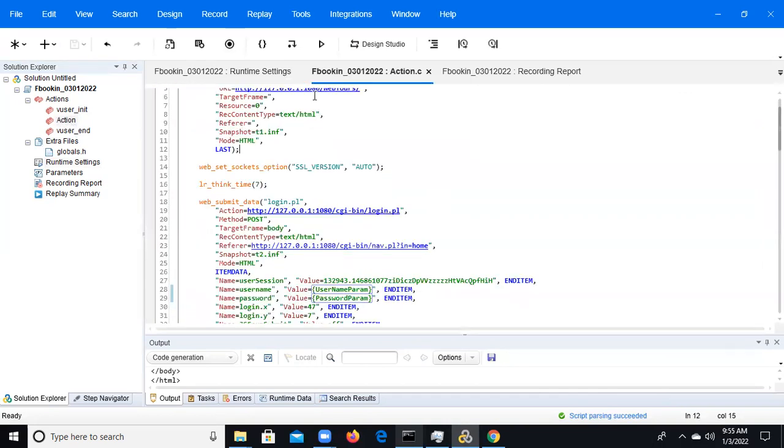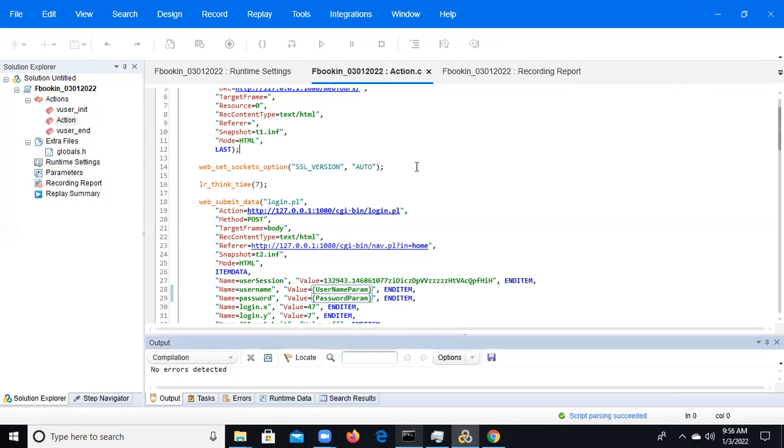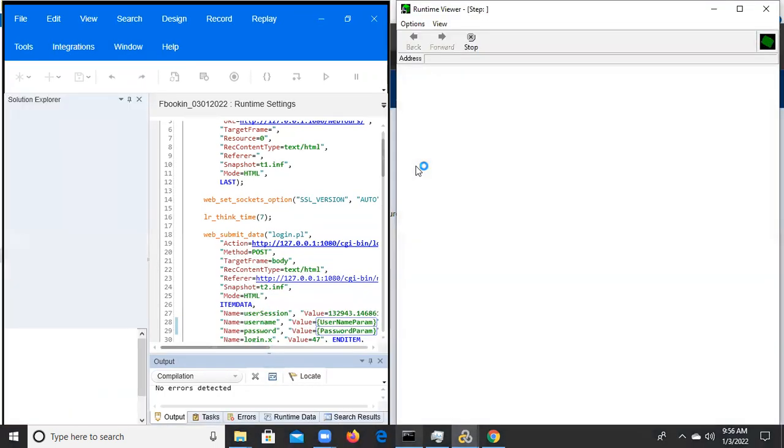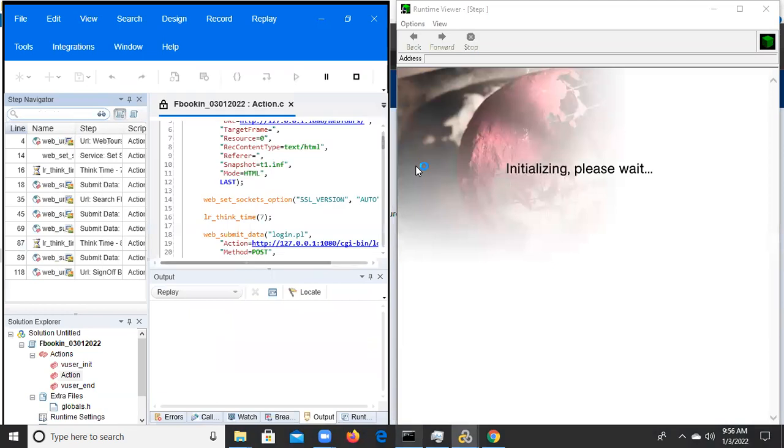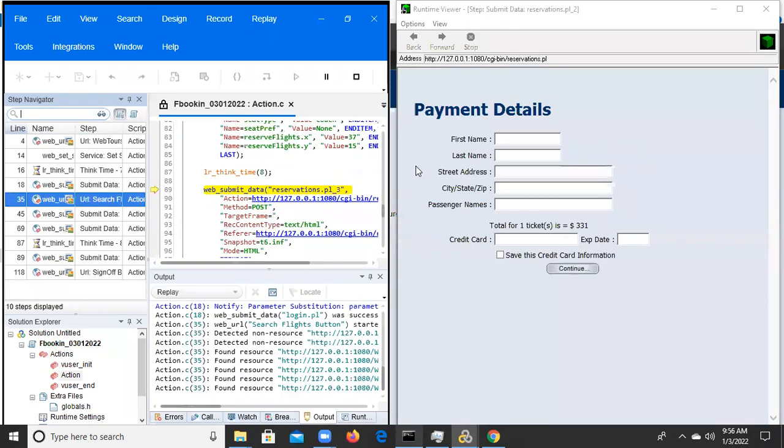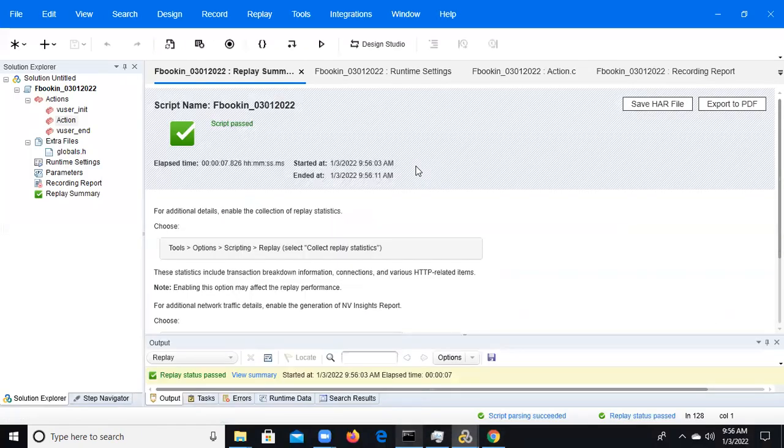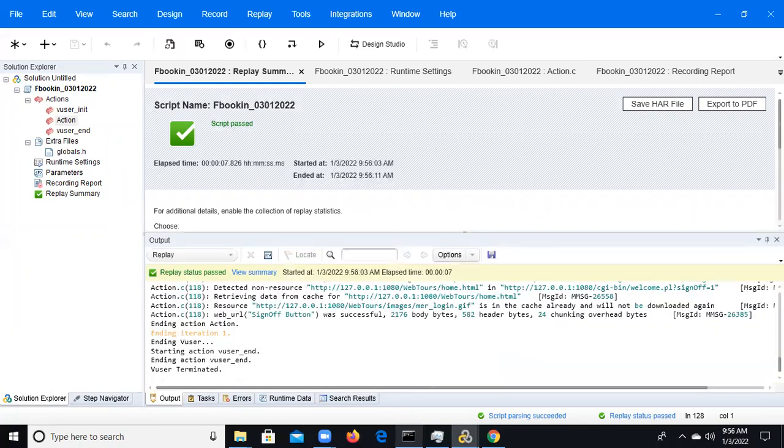Now we can go to the script. This is the execution button, the replay button. Otherwise you can click F5 also. It replays the script. Just click F5 or click on this one. So now the script will be executing. The script will pause once execution is completed. This is only one iteration, meaning it iterates only one time.